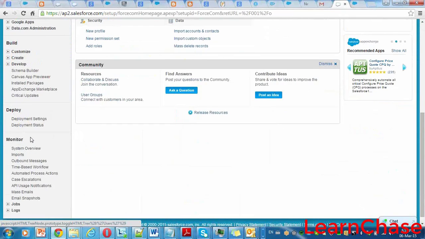This section, if you want to migrate data or code, whatever you develop, to some other sandbox or to production, you need to use. You are clear, right? This is the section the administrators will use.